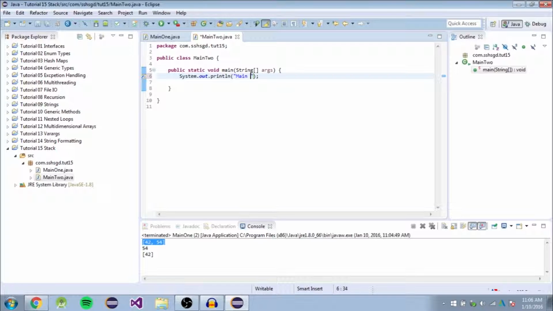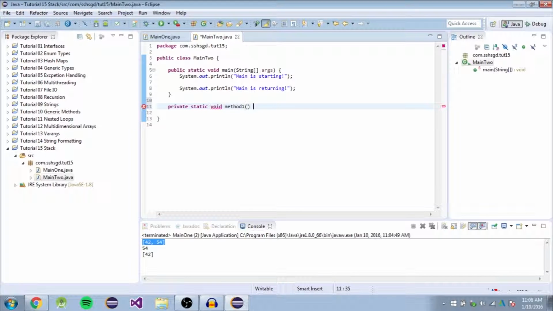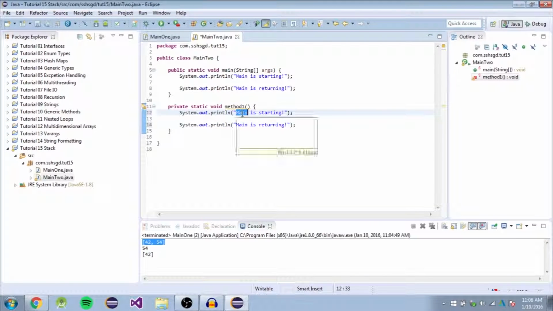Alright, so we're going to do "main is starting." Alright, and then at the end of main, we're going to do "main is returning," because this is where the return statement would be if it weren't a void. Alright, and then we're going to make three methods. So private static void method 1. Okay? And we're just going to do the same thing, kind of, and just do, in here, method